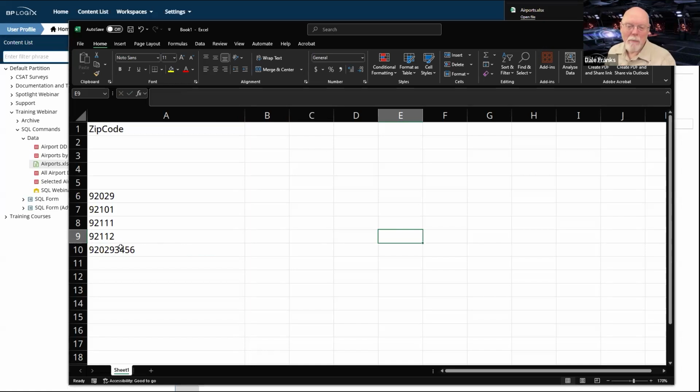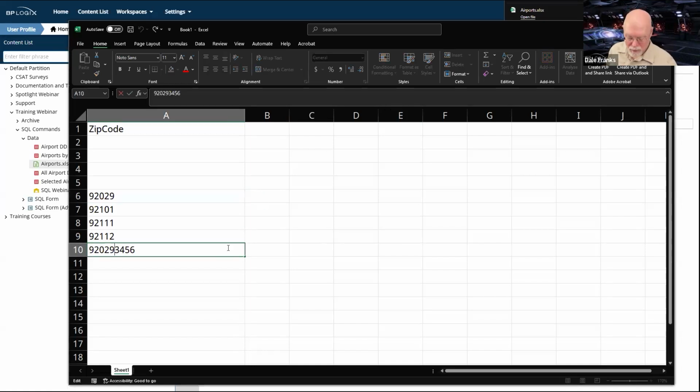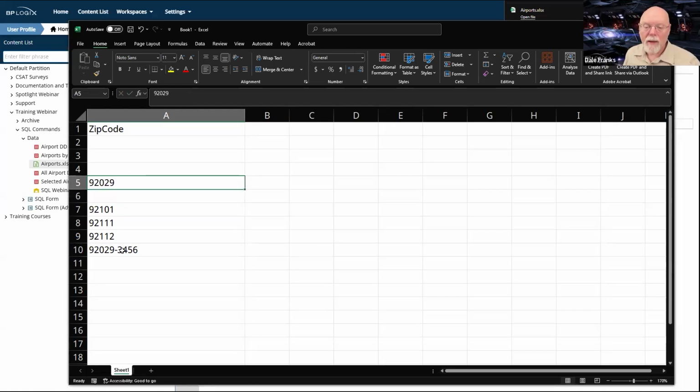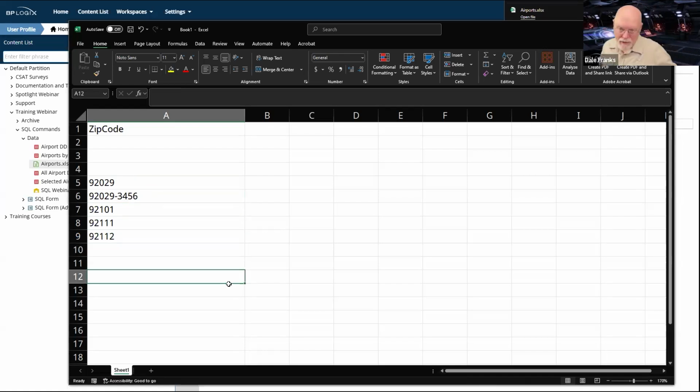And obviously, this is a much larger number than that number. But in point of fact, it is not a number. It is text. So it's really important whenever you're doing your SQL or your original data, when you bring it in, it's important that if you have something like this, like zip codes, it's super important that you ensure that they are text and not numeric values. And so in my case, because I decided I wasn't going to do math on it, the elevation field became a text field. So it will sort properly.